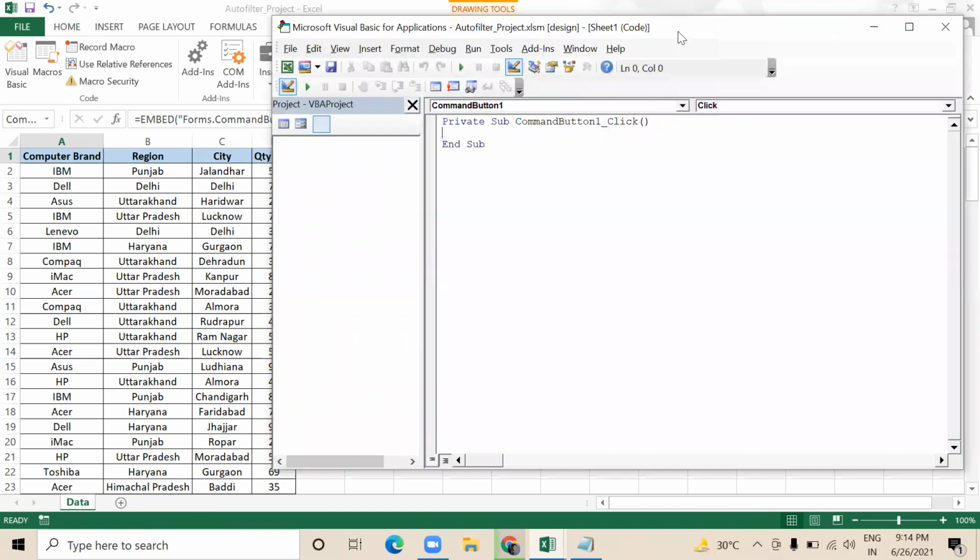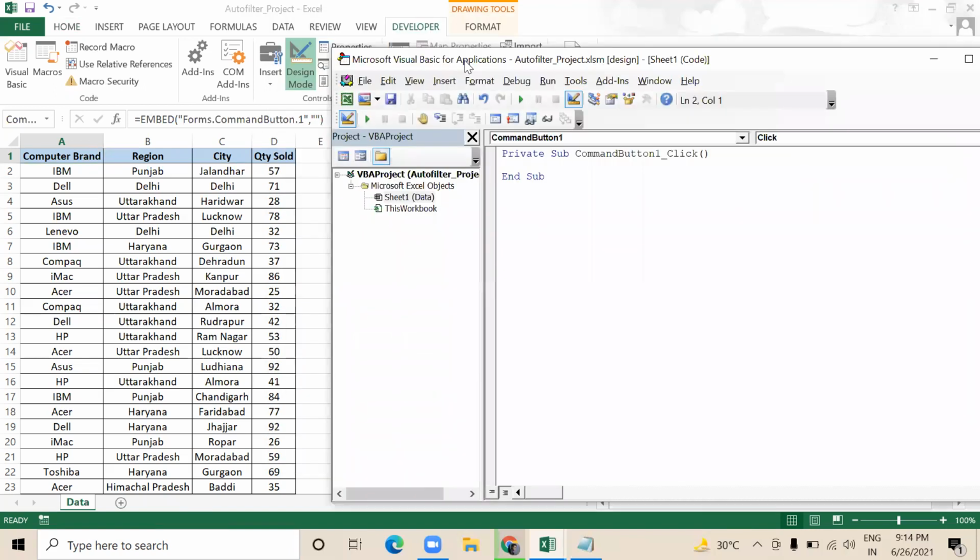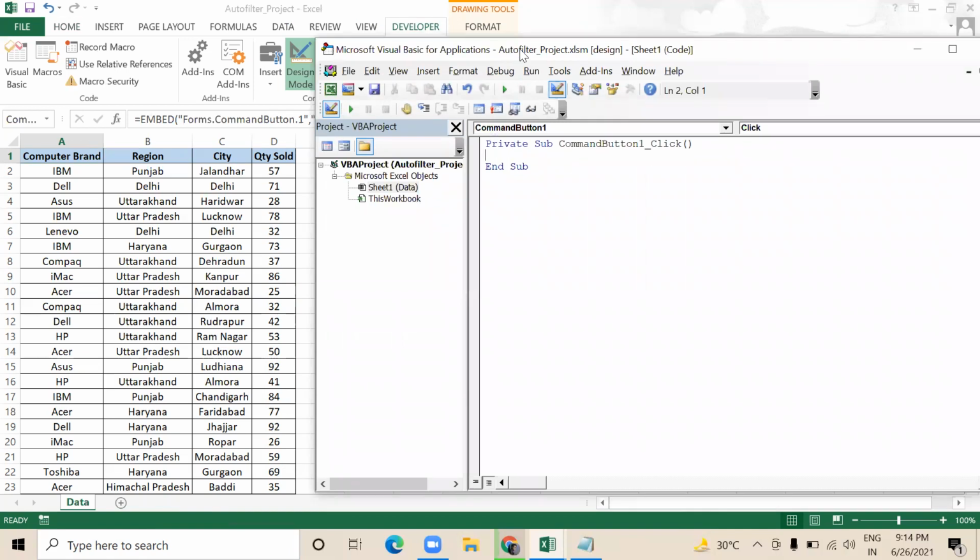So guys, I am in the coding environment, which is the integrated development environment. I will start writing my code here. I am defining some variables: Dim x As Integer, ws As Worksheet, and one more variable, last row.